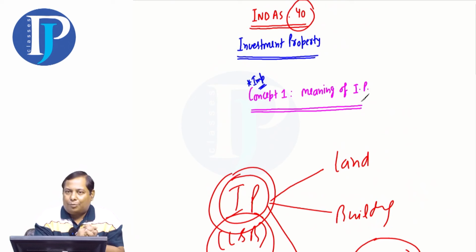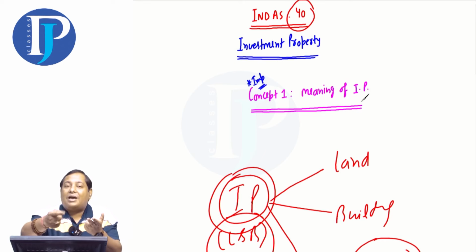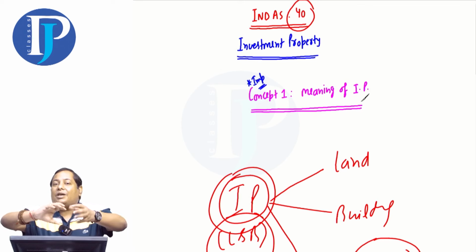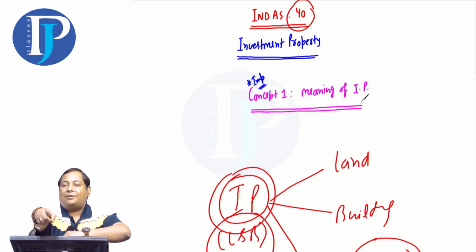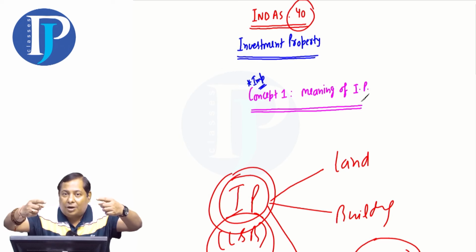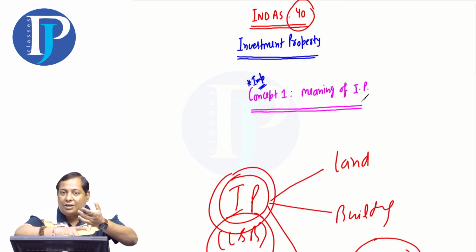First I will explain the meaning of investment property and what all is included. Then I will make you write what is not included. Then I will tell you what all other issues you should be aware of, because only this much knowledge won't work. Next, I will tell you about the different ways to buy investment property. Will they buy it in cash, buy it on credit, or exchange it?